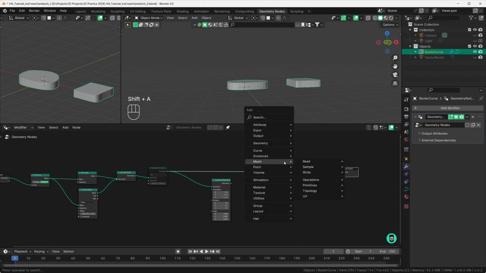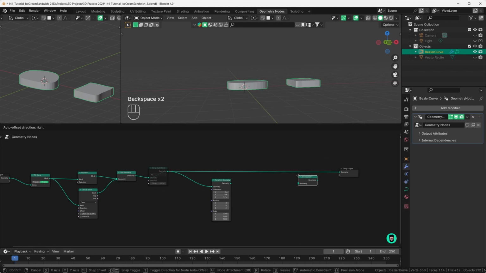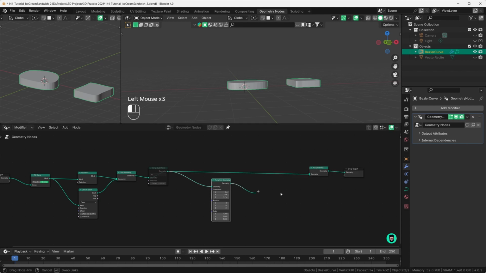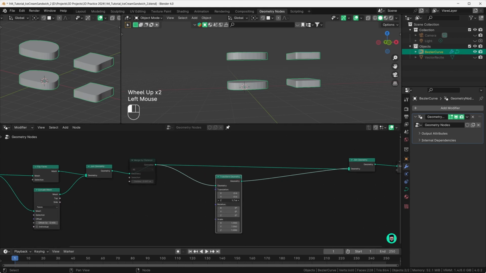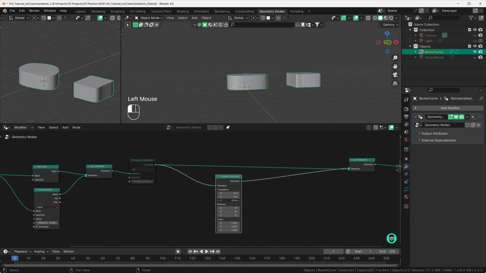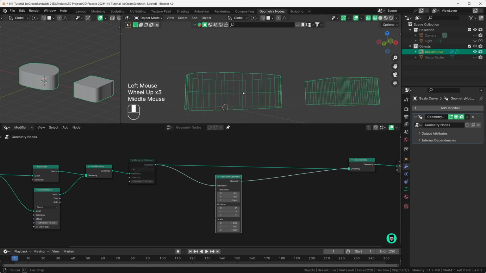So we need to connect this also. So for that, add a join geometry node and plug it right before the group output. So let's connect this join geometry to this one. Now you'll see we have two geometries. So let's reduce this to something like this. So now if we go into wireframe mode, you'll see that this is connected perfectly, but